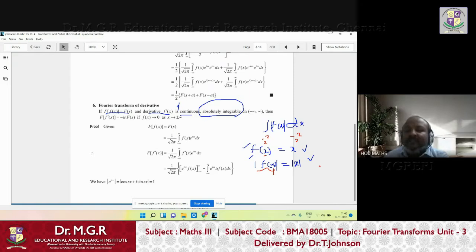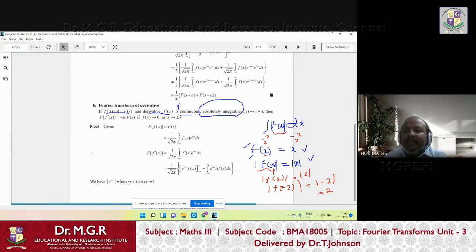But mod of f of x is always a positive number. For example, if you take 2, then mod of f of 2 is nothing but mod 2, because by definition mod of f of x is mod x, so mod of f of 2 is mod 2. You know mod 2 is 2 only, right? But mod of f of minus 2: when x is negative, f of minus 2, according to the definition, modulus of f of x is modulus of x, so mod of minus 2, but mod of minus 2 is still plus 2. So whenever you take the modulus sign, the function value is always a positive one.